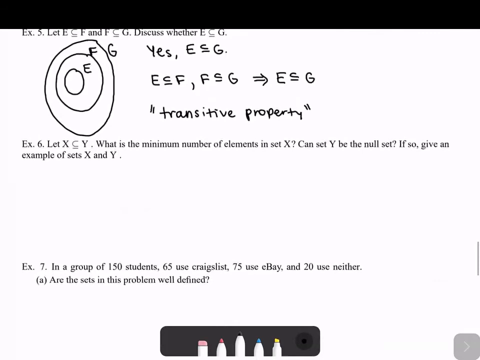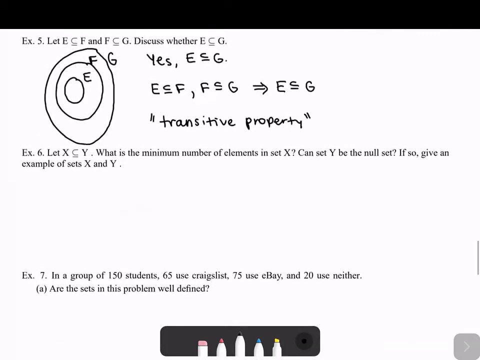Okay, example 6. We have X being a subset of Y, and we want to know a lot of things. The first thing we want to know is the minimum number of elements in the set X. We know that X is a subset of Y. So what is the smallest number of elements that a subset can have? Well, we know based off the note above,